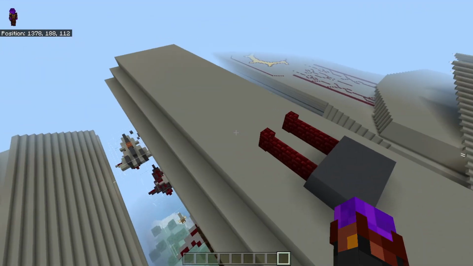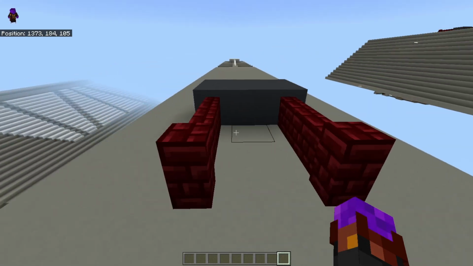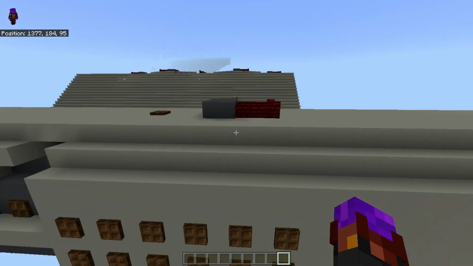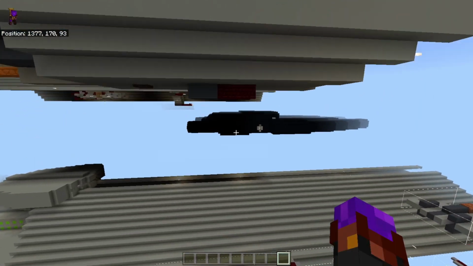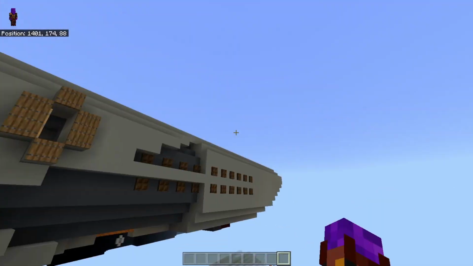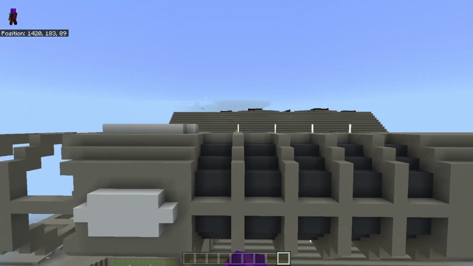Exterior overview of the ship. We have one 3-meter long dual railgun turret there. Another one on the dorsal hull, or ventral hull. That's ventral, that's dorsal. Moving along aft, we have